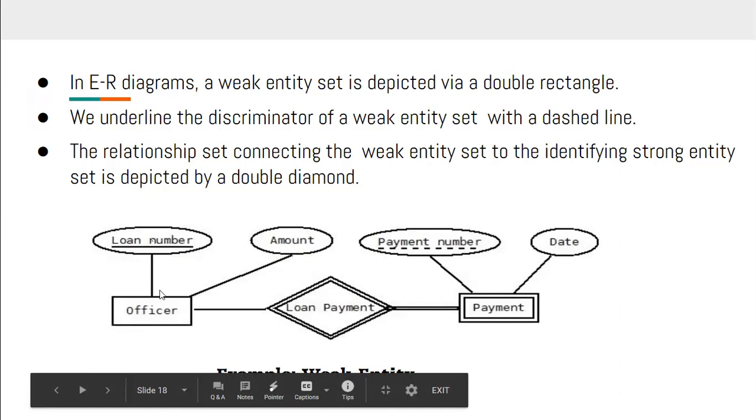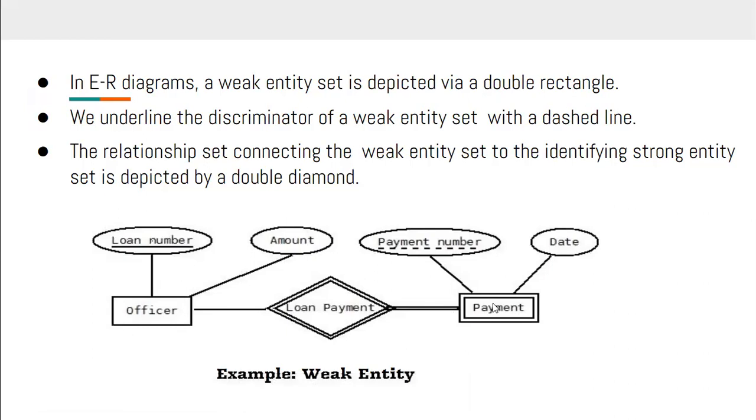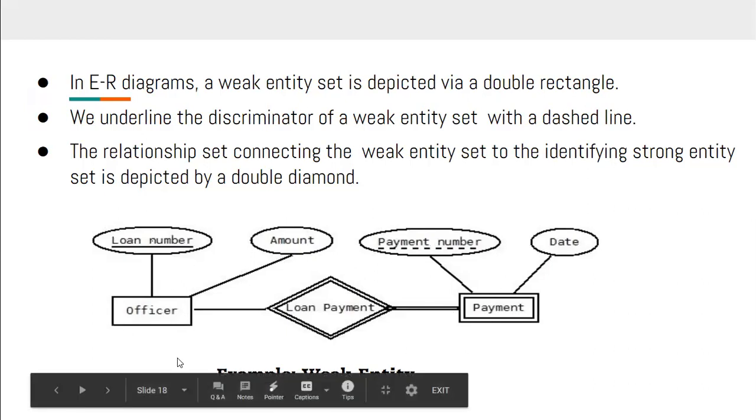You can rename this entity as the loan entity. Now what will happen in this case? This payment will be dependent on a particular loan. That's why we say a payment can't exist without a loan. If anyone is paying something, then it means an installment or payment for a loan is being done, so it should be for a loan. It can't exist independently.